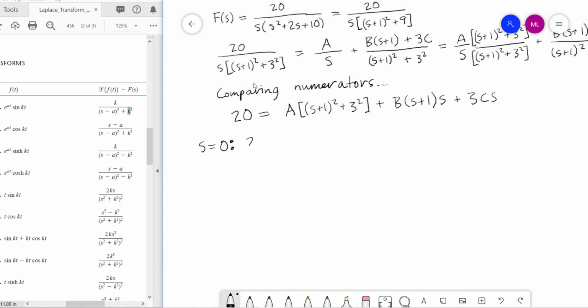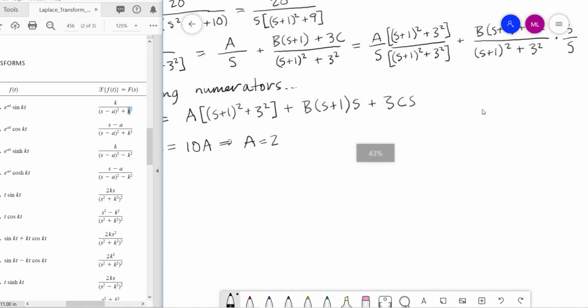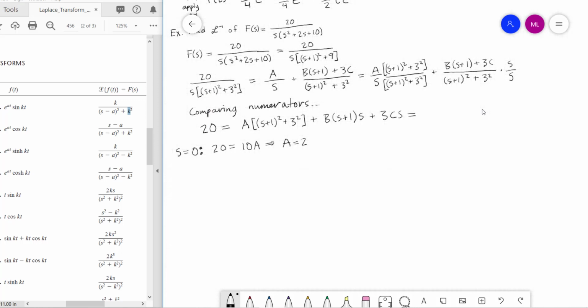So I'll have that 20, which is what we get on the left-hand side, is just always 20. And when I plug in 0 on the right-hand side, I'll get 1 squared, which is 1, plus 3 squared, which is 9. So 1 plus 9 is 10. We get 10a. And this immediately gives us that a is equal to 2. And again, these two terms both died off because s was equal to 0. Alternatively, we would want to actually FOIL everything out over here and look at all the different terms of each order. And so if I can get this all on the screen at once,